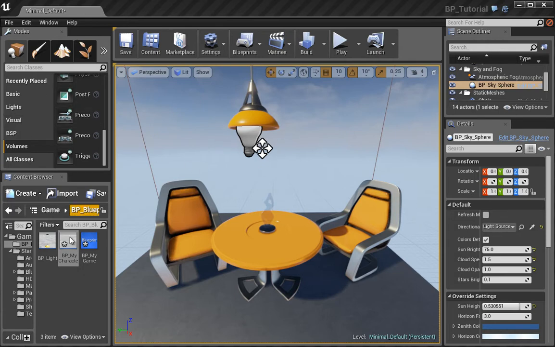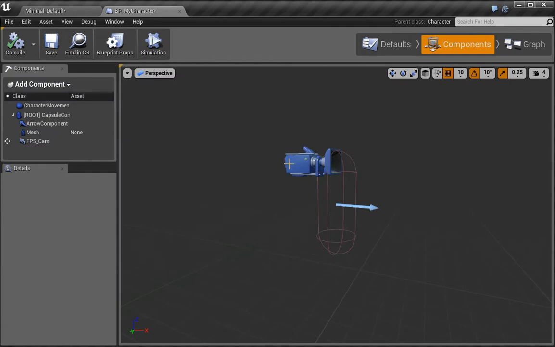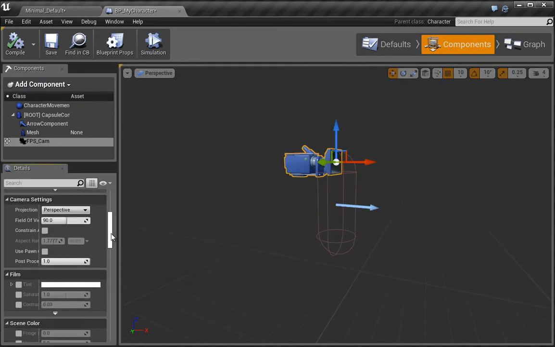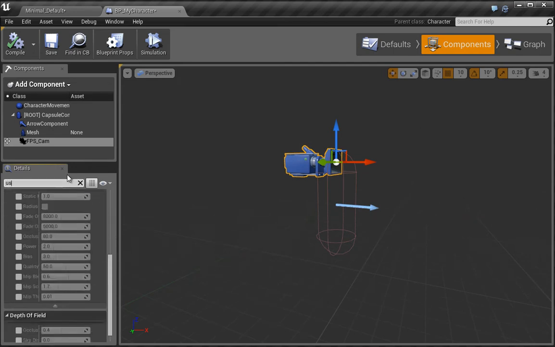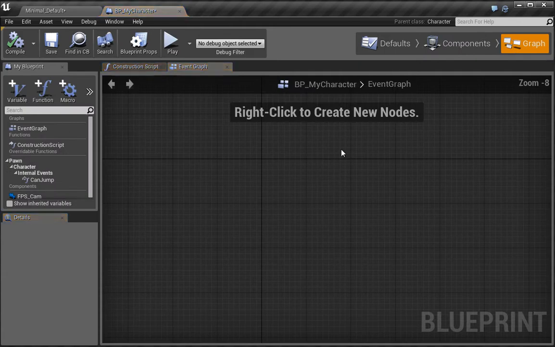So before we begin, we need to open up our components. We need to select our camera here and scroll down, or actually just type use, and we want to enable this option that says use pawn camera rotation. It's because we want this camera to be able to look up and down. So we're going to compile this, and then we're going to jump into the graph here, and this is where we're going to set up the